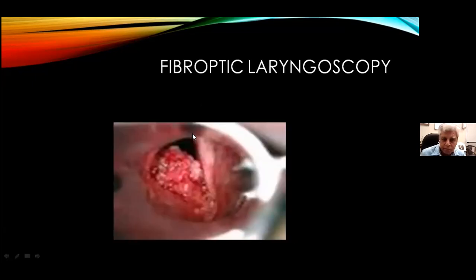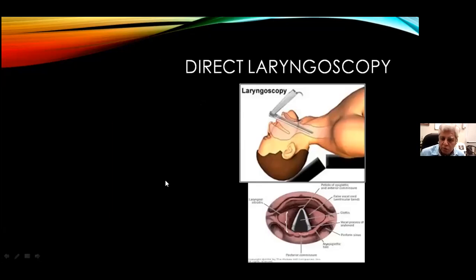Okay. This is the fiberoptic picture of the tumor. So this is the anterior part, this is the posterior part, this is patient right, this is patient left. So you can see the fungating growth on the right vocal cord. So this is how you do a direct laryngoscopy in theater under anesthesia. The objective is